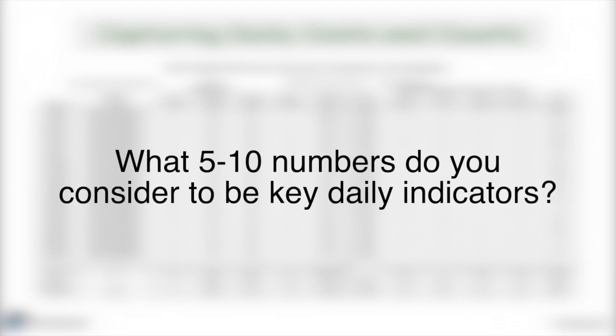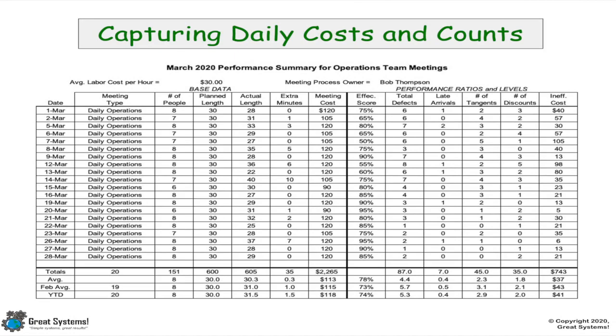Meeting costs can be estimated using a weighted average labor cost per hour rate, the actual meeting length, and the number of people in attendance. You can obtain the meeting ineffectiveness cost by multiplying 1 minus the meeting effectiveness survey score by the cost. In other words, we take the total cost of the meeting, we look at how effective the meeting was, we discount that meeting cost, and add it to what the total would have been had we had no problems,